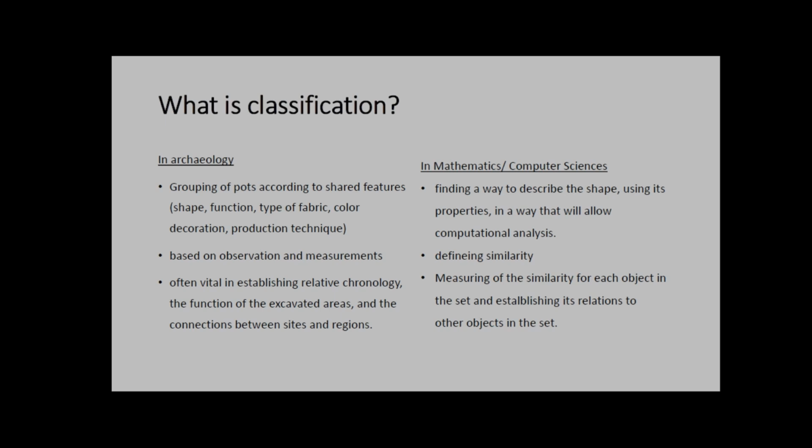So just a short comment, what actually is classification? In archaeology, the way we understand it is grouping pots according to their shared features, whether it's shape, function, type of fabric, color, or decoration, or even production technique. All of these features can be combined to produce a grouping, a categorization of the pots that we're dealing with. This is mainly based on microscopic observation for the fabric, but this is more rare,